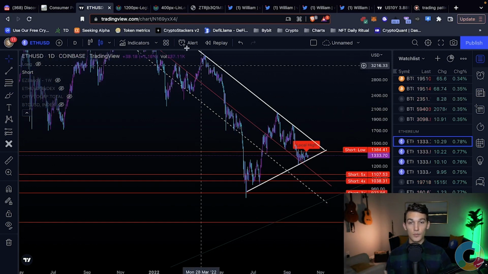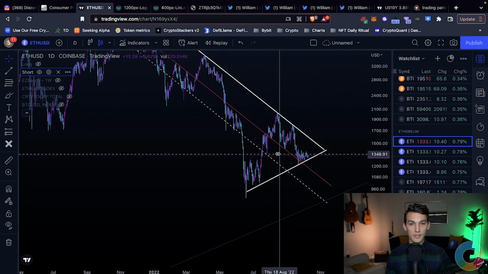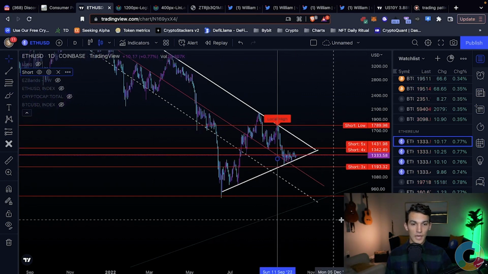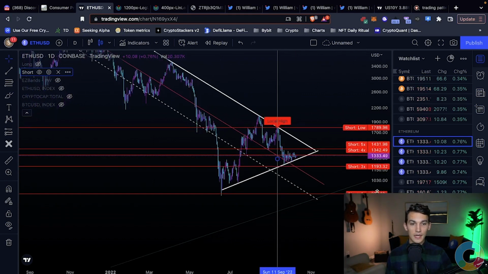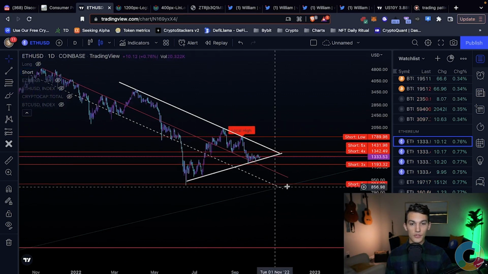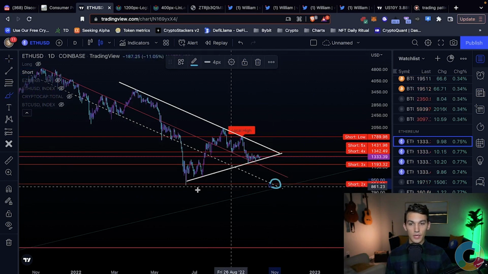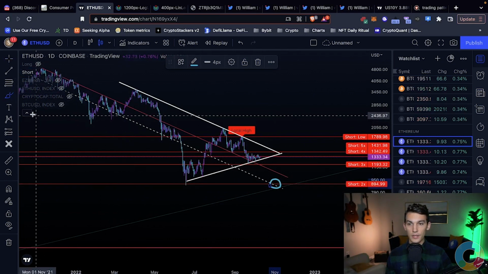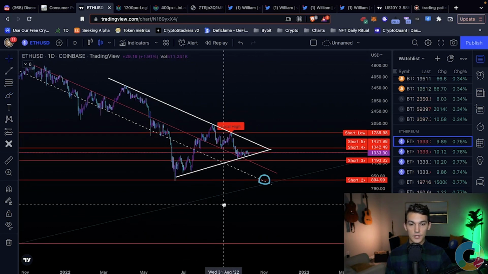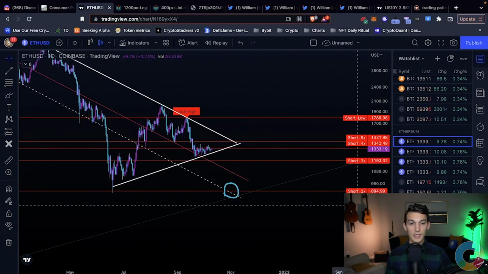That's the level that Ethereum would have to drop to in order to get to that support region that we had mapped out on the CPI chart. So if we go here, we have a margin pressure level at 894, which would actually be a double bottom in terms of Ethereum. Depending on how fast it gets there, it would also coincide with this support line, this trend line that we've been following for the entirety of this bear market. And it would be a retest of that, as well as a double bottom, as well as a 2x short